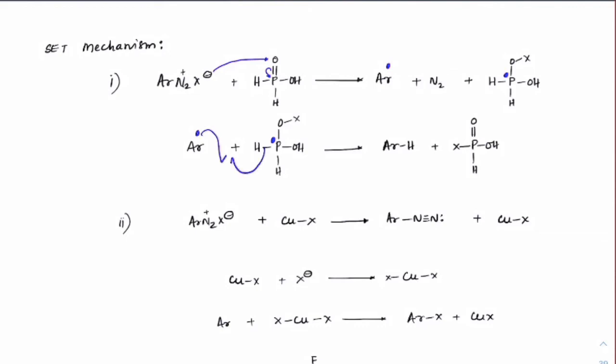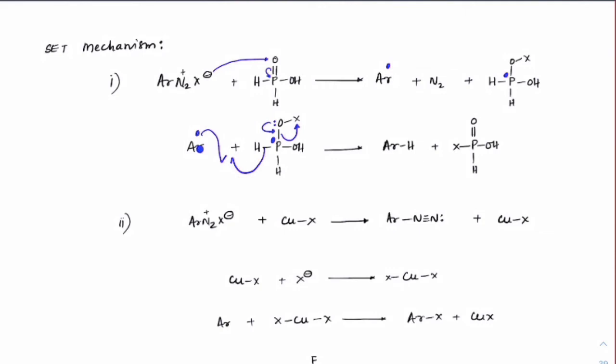And as soon as we get that, this pi will shift here and oxygen will close as a double bond. Okay, oxygen will close as a double bond here. So we will get this as phosphorus with X, H, OH and double bond O. This is what we will get.